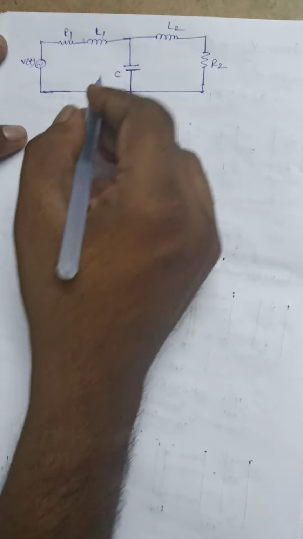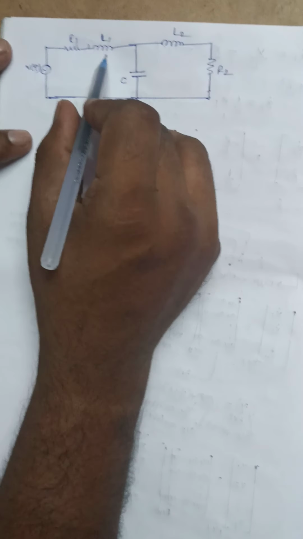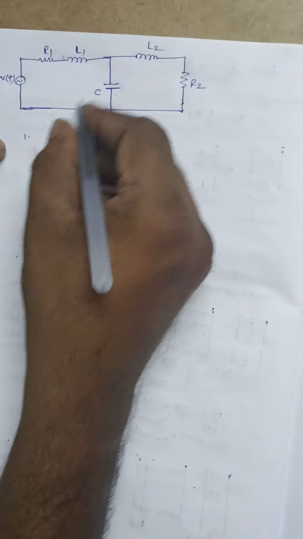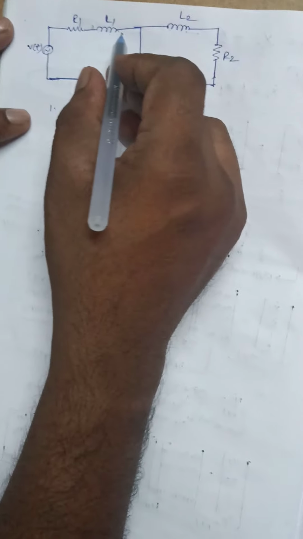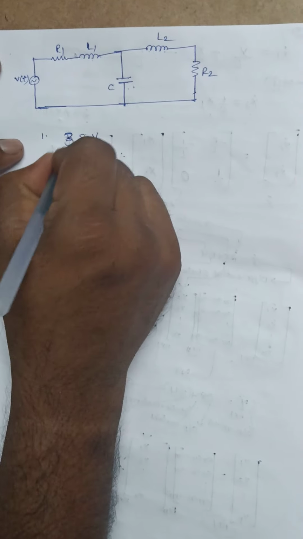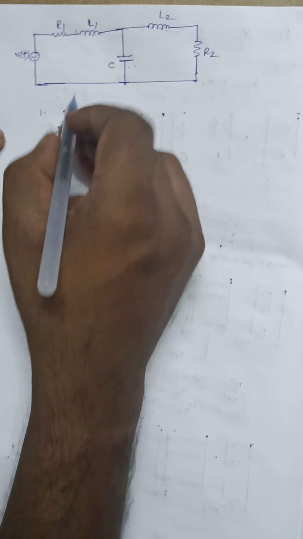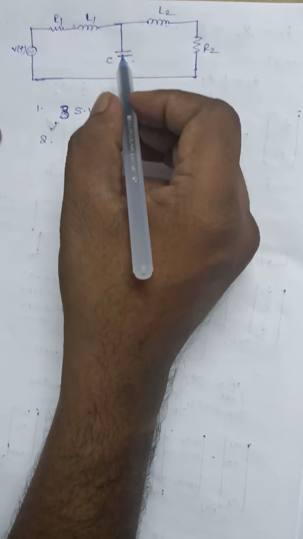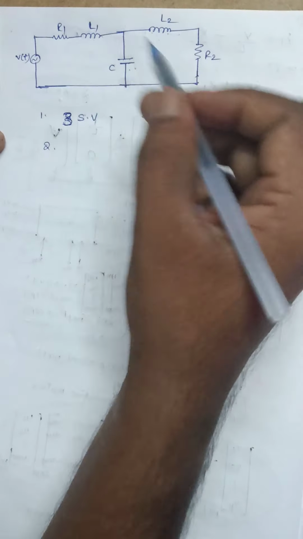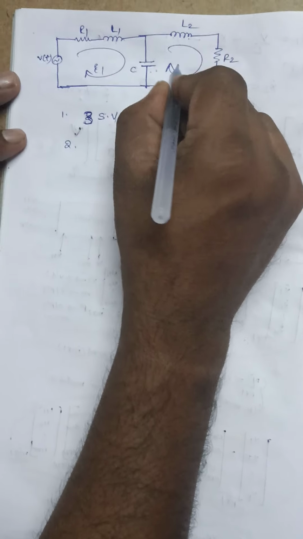Now here the number of state variables is the number of memory elements or the number of energy storage elements. First thing here is how many state variables: 1, 2, 3. The number of state variables is equal to the number of energy storage elements. So 3 state variables are there. Next, the current through the inductors and the voltage across the capacitors are taken as the state variables here. So let us assume this is the current I1 and this is the current I2.